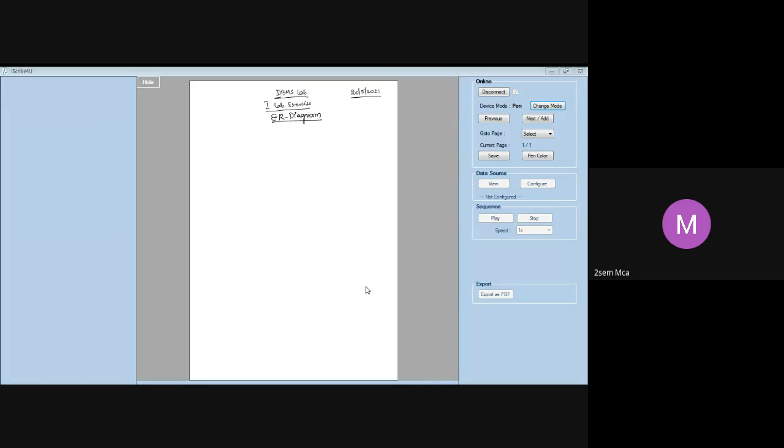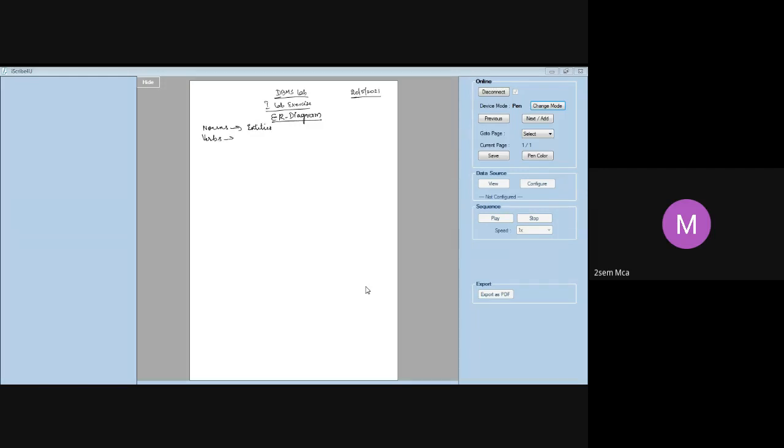Now, what are the entities here? Branch is an entity, student is an entity, book is an entity, author is an entity. What about borrow? All nouns are generally considered as entities.